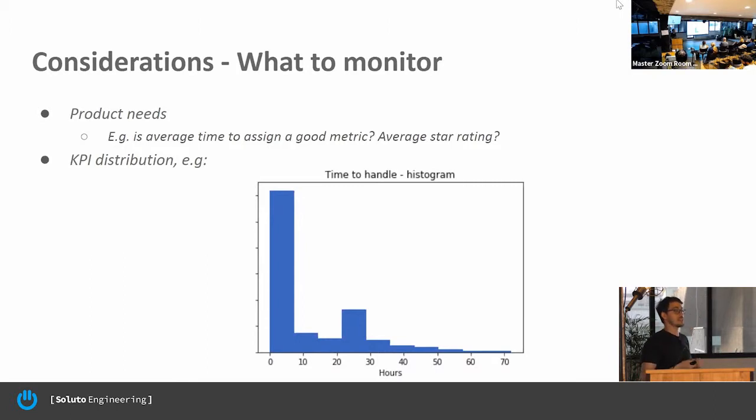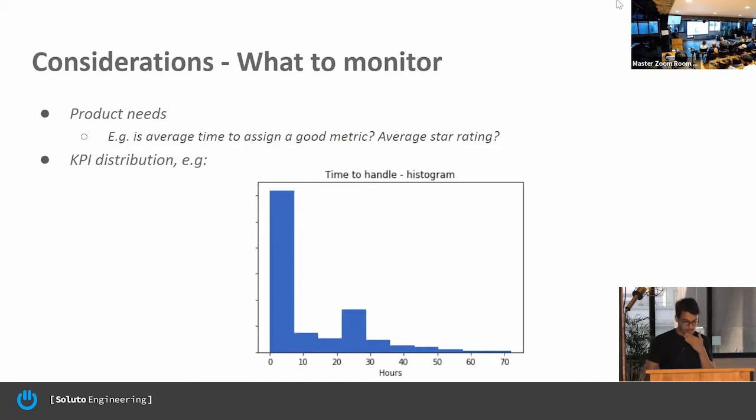Same for the star rating. We know that 85% of our customers give 5 stars. So just looking at the average, we would say that somebody that gave 3 is more than somebody that gave 2, but we have a hard time explaining how 2 is different from 3 for two different customers. So for example, here, what we chose is just to make it binomial, whether the customer gave 5 stars or not.